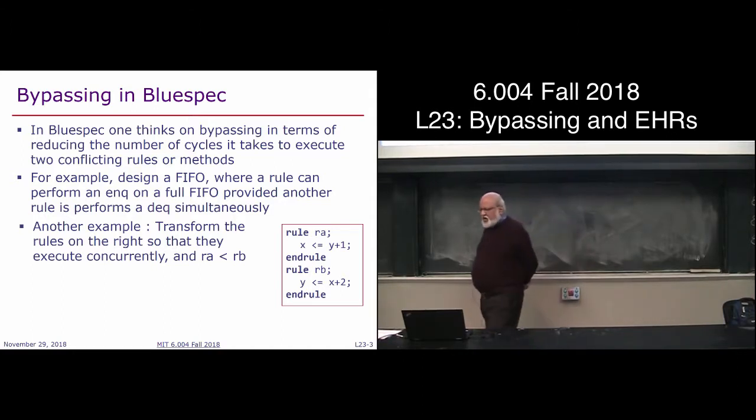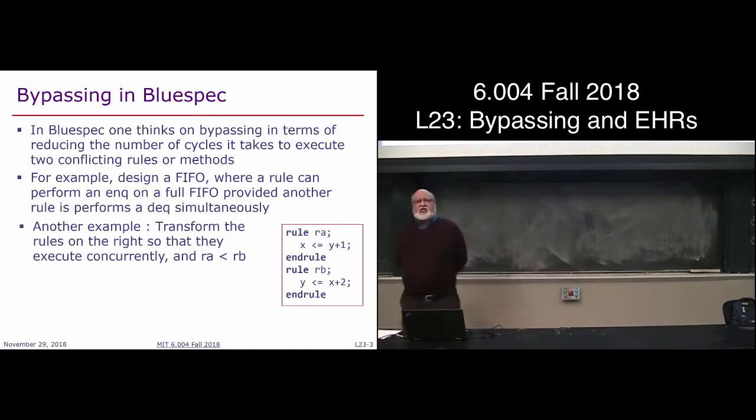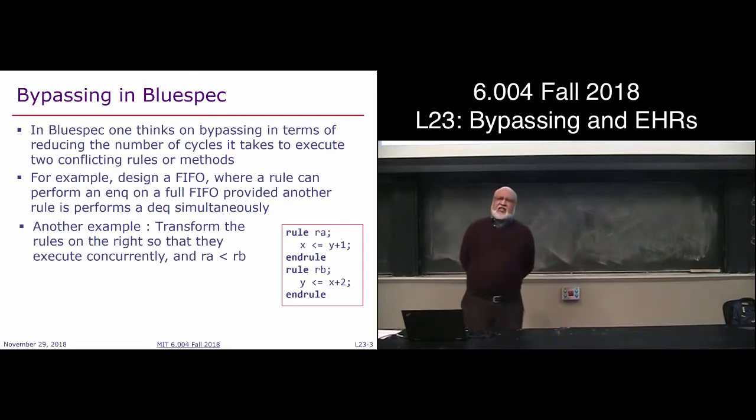So there are two rules here, RA and RB, and you can see quickly that they conflict with each other. Why? Because the first one writes in X and the next one writes in Y, and the first one reads Y and the next one reads X. So there is sort of a cyclic dependency, and these rules conflict because you have to schedule them one by